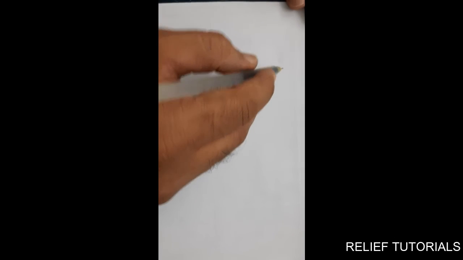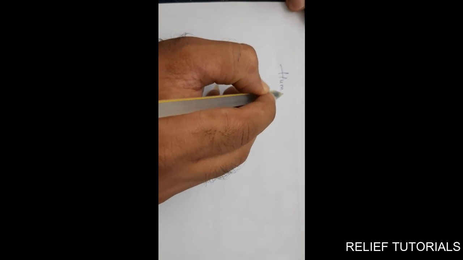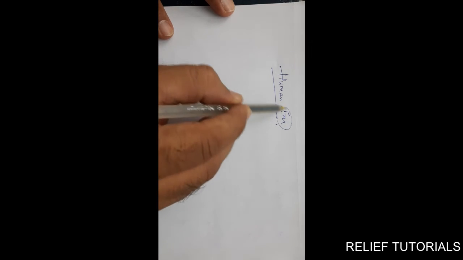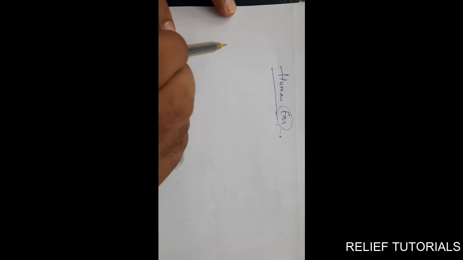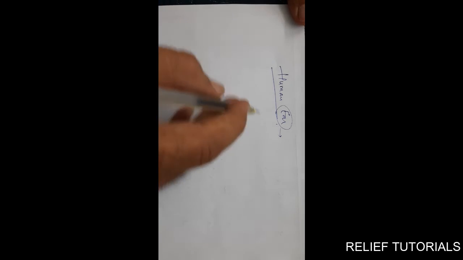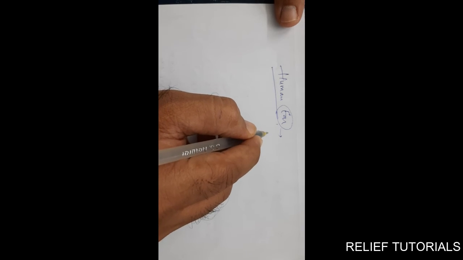And now the last topic of the chapter is the human ear. See, from the beginning of the chapter we have been talking about how we can hear sound and what the audible range of frequency is, each and everything. But the main natural organ that humans have is what? The ear. If the ear is not working properly, we cannot hear any type of sound. So what is the structure of the human ear and how does it work? Structurally, for study purposes, we have divided the ear into 3 parts.